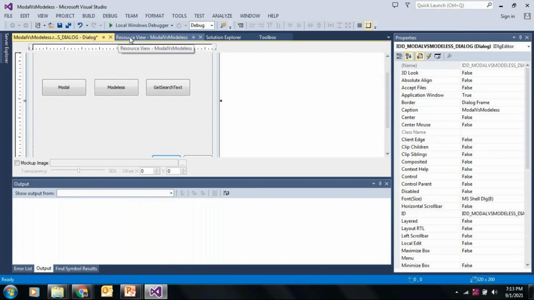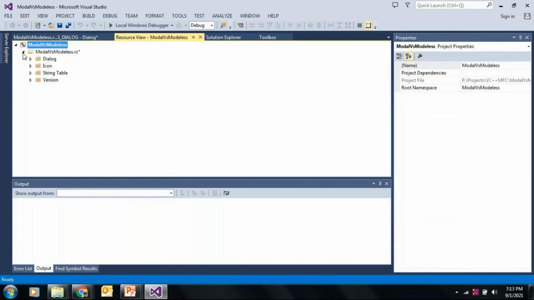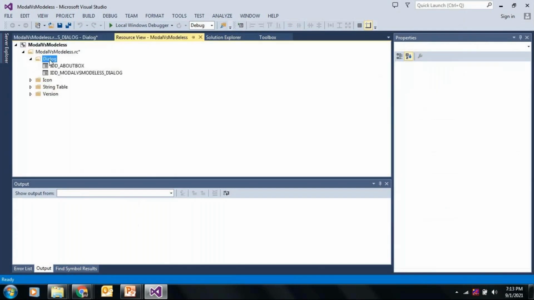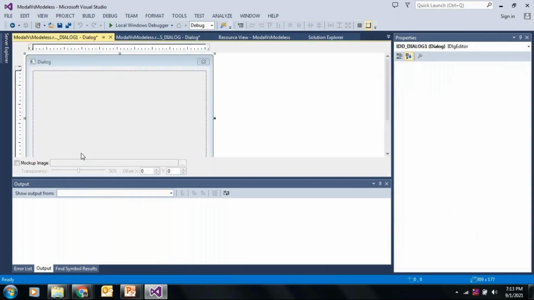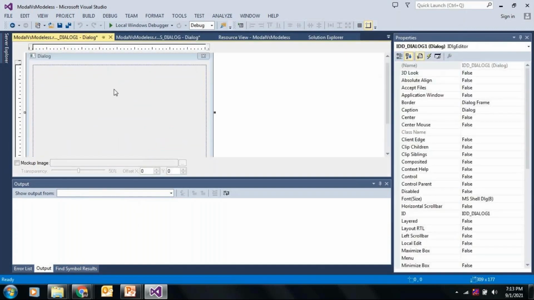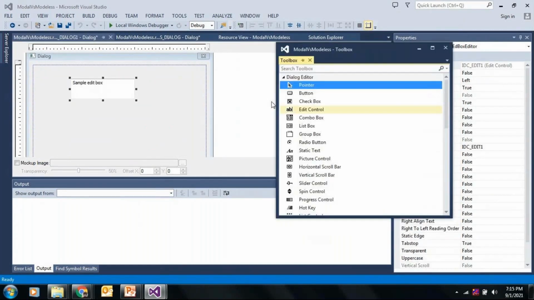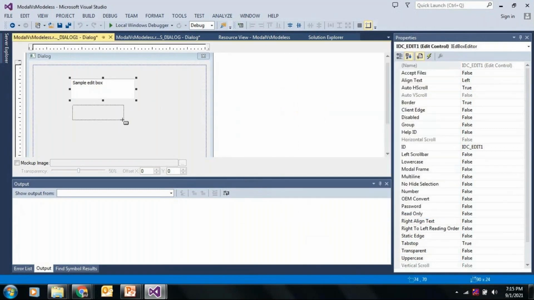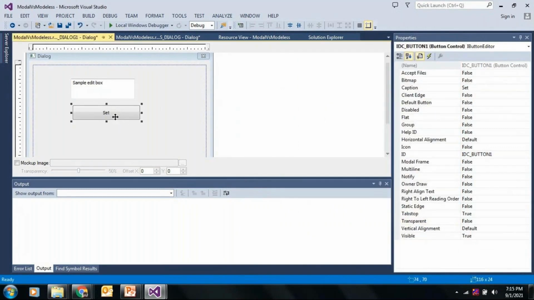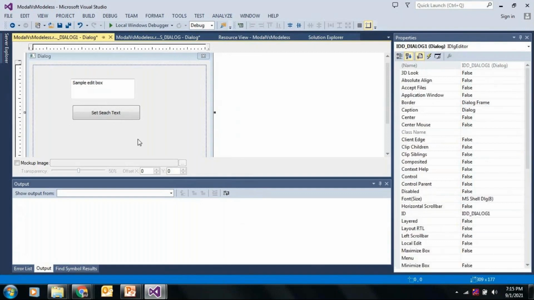I'm going to create a new resource now. I will create a new dialog, and in this dialog I will add an edit box. So this button will set search text. What it will do is, whatever you type here, it will set to the member variable of my parent